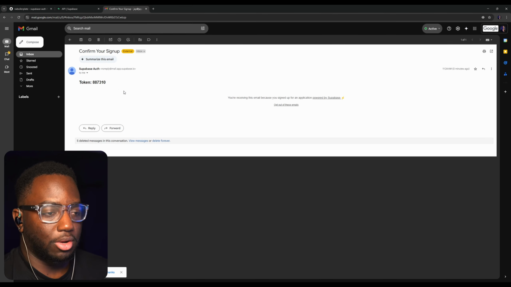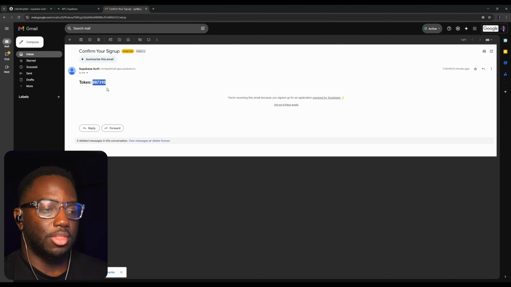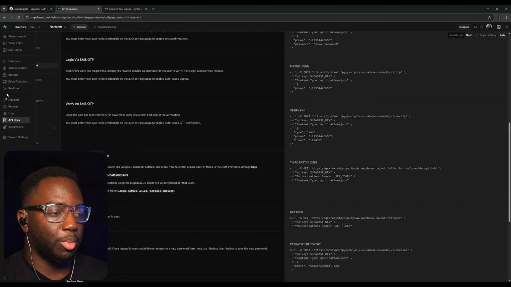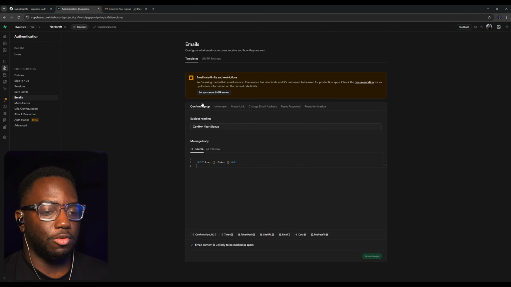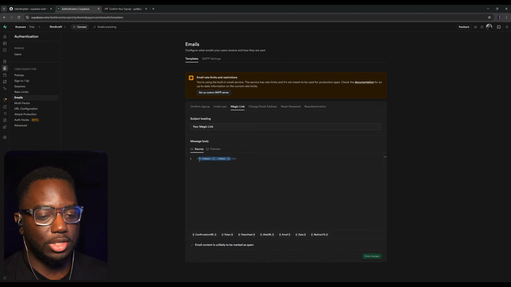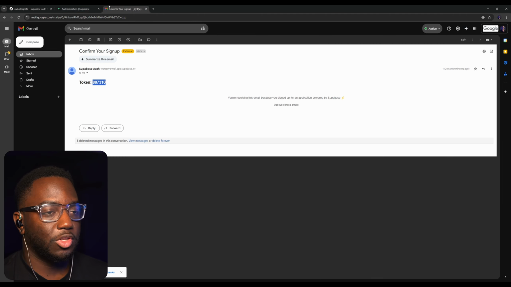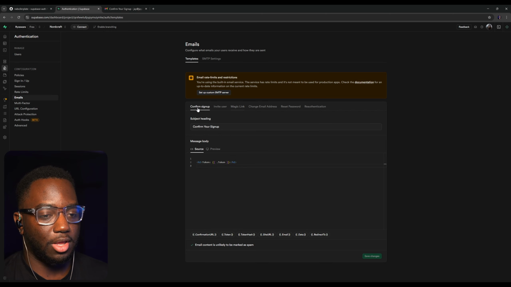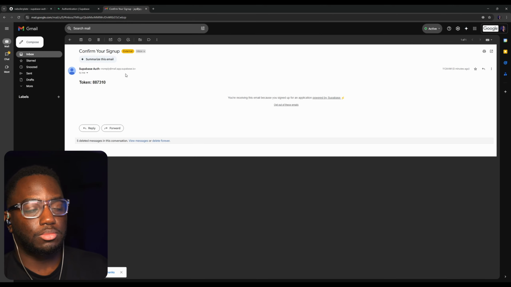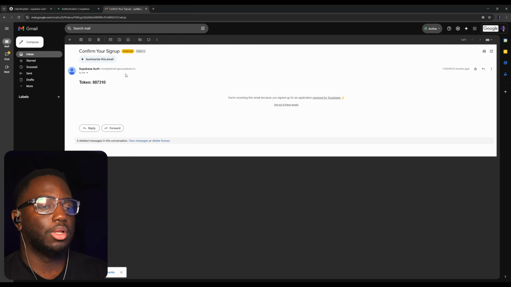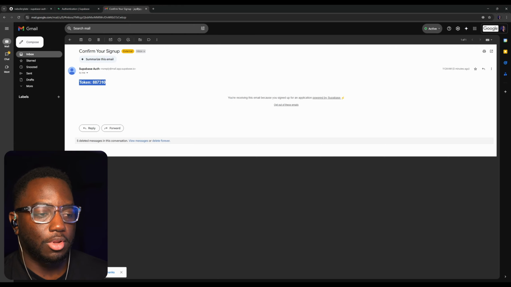And in here is that token that we added to our email, if you don't remember, back in authentication and emails. For sign up, we just had to send the token, as well as for the magic link, we just had to send the token. So that's what this email is. It is that first confirm sign up, as you can read from the title. So now that we got this token,